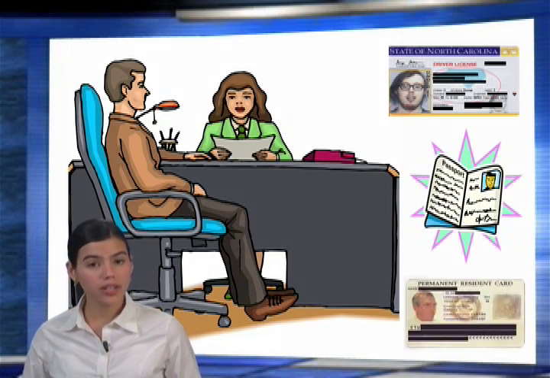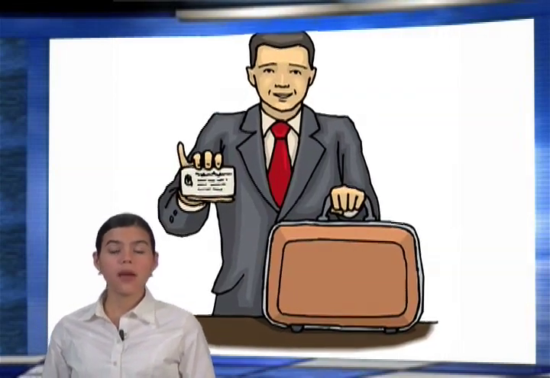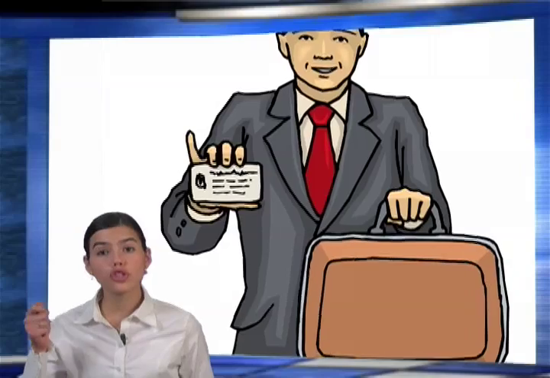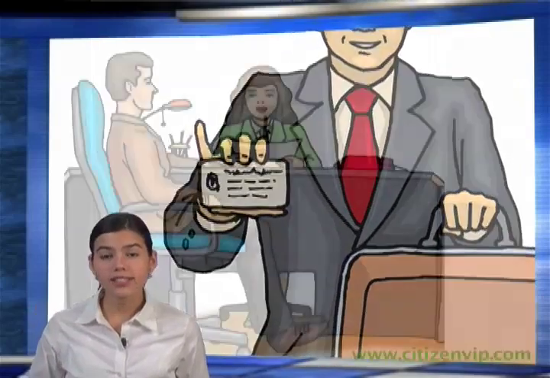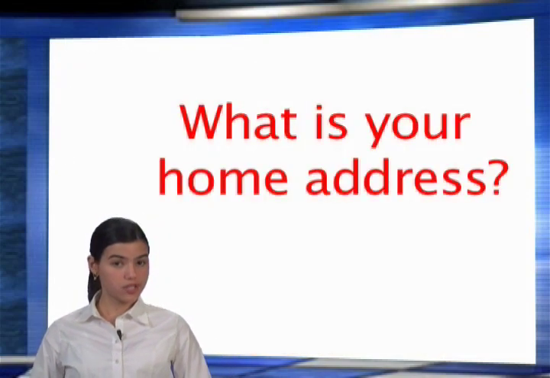At this point, many people are asked to show identification. Driver licenses, passports, and permanent resident cards are all examples of acceptable forms of ID. It is important to understand the difference between being instructed to show an ID and being asked if you have an ID. Here are some of the possible questions that can be asked of you from Part 4 about your home address. What is your home address?